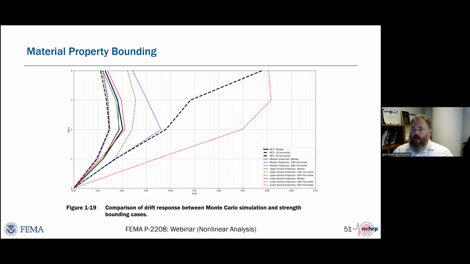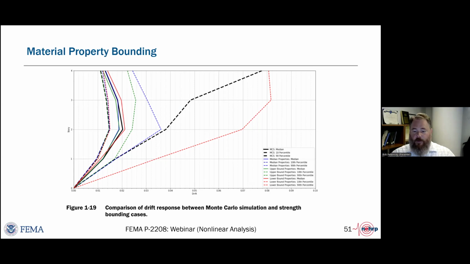And again, going back to this concept of modeling with mean material properties, or if we were to model with, say, upper and lower bound representations of the material properties, could we get a good swath of response of the building and at least a statistically valid response to the building so that we could say, I will choose not to do material testing, but my penalty for choosing not to do material testing in order to still maintain a similar level of reliability is I will run multiple nonlinear response history models, one model with all upper bound material properties and another with lower bound estimates of the material properties, so that we could get a sense for how important material properties are.